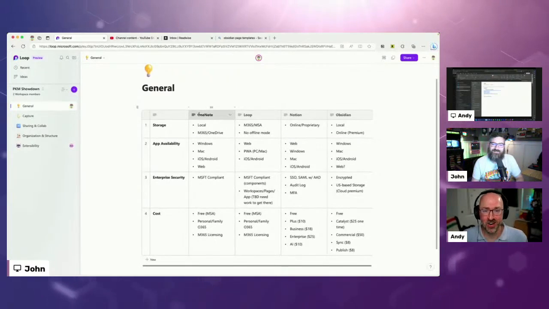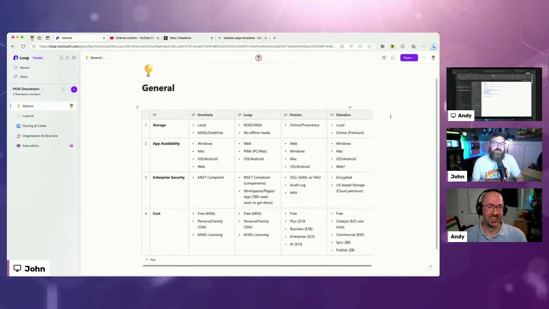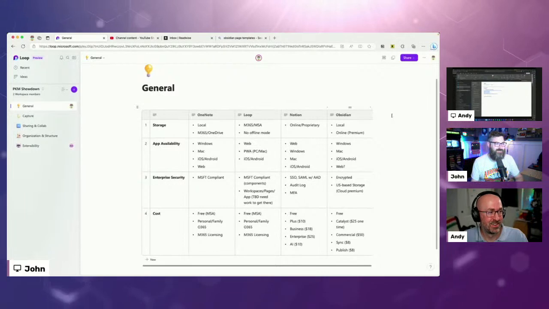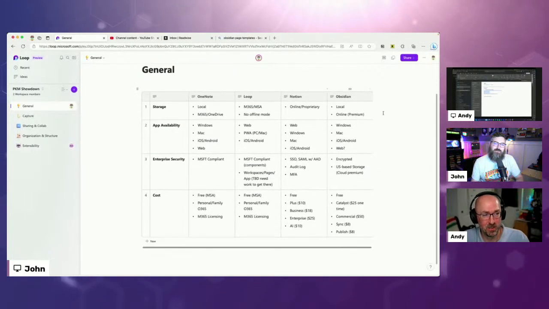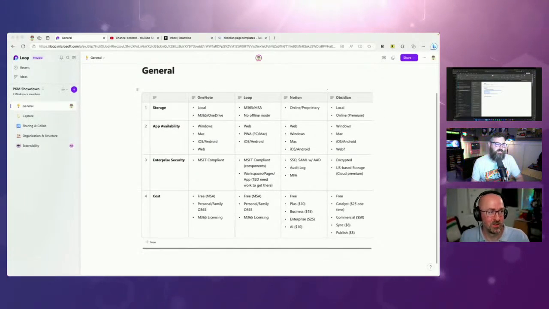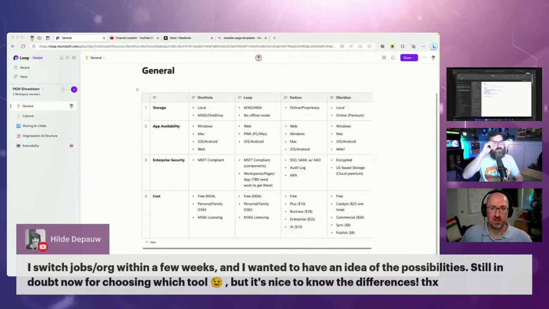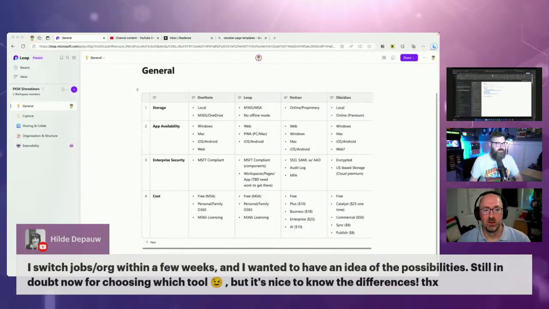After the biggest monologue ever. Yeah. No, I think we're both kind of giving political answers, trying to consider every side. I will say though, Hilda said she's switching jobs and still doesn't really know where she's going to go, because this is an opportunity to change, right? When you're changing jobs, reassess how you do your own personal productivity.